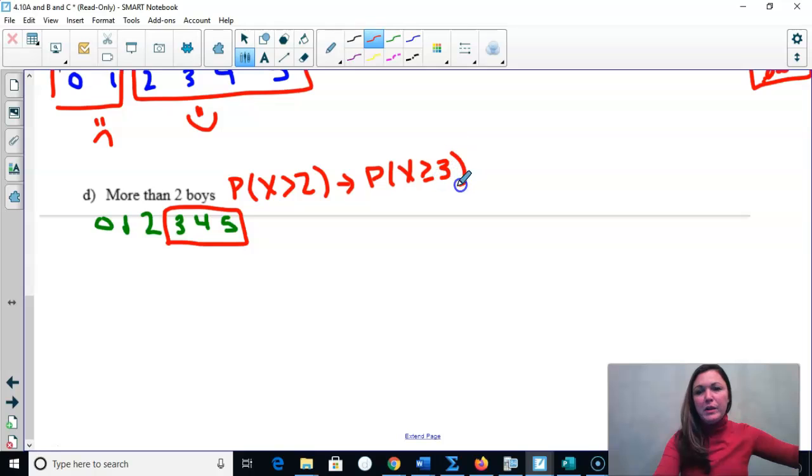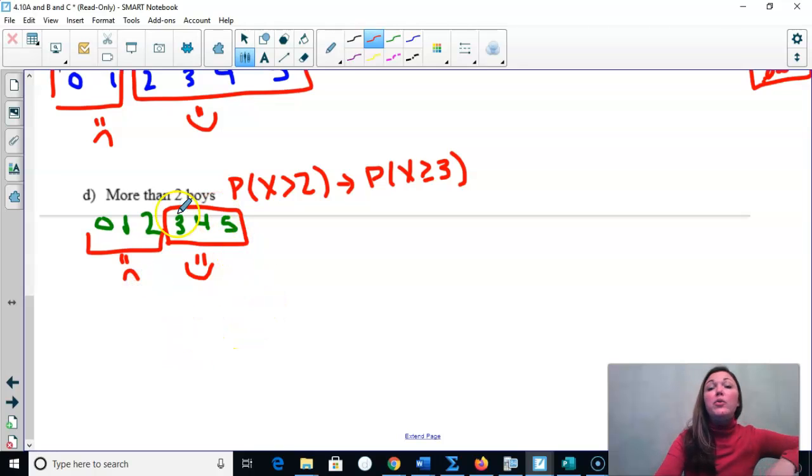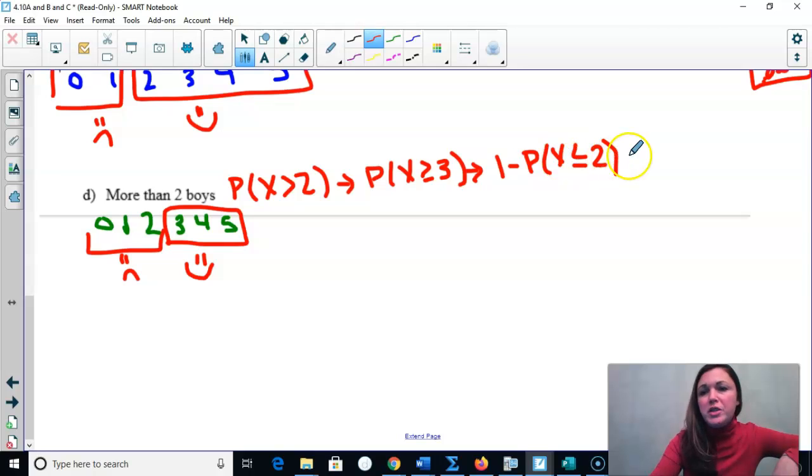So I need to rewrite this, you guys, because it's a greater than. Anytime we have a greater than, we do the complement rule. We need to do 1 minus what we don't want. So that is 1 minus the probability that X is less than or equal to 2, which is 1 minus